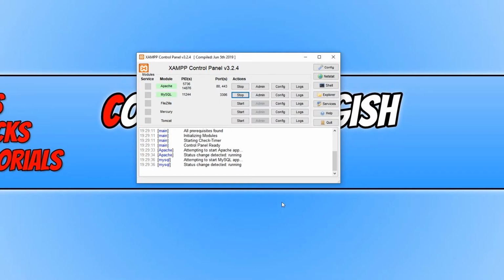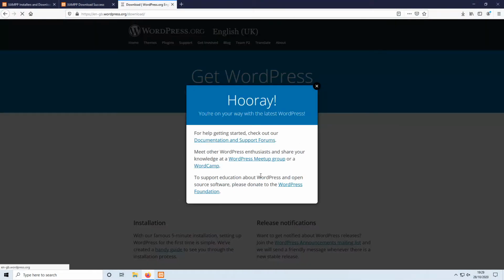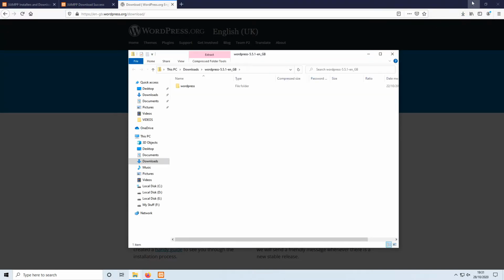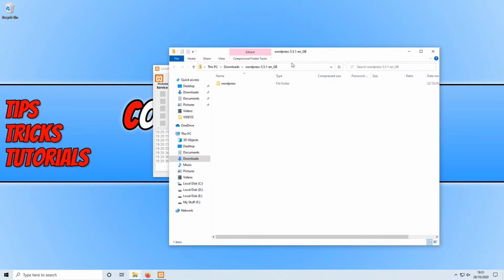Now that they're running, we now need to head on over to the WordPress website. The link is in the description below. You now need to go download WordPress and you need to go save file. Once the download has finished, you now need to open up the .zip folder and we need to extract the contents into our